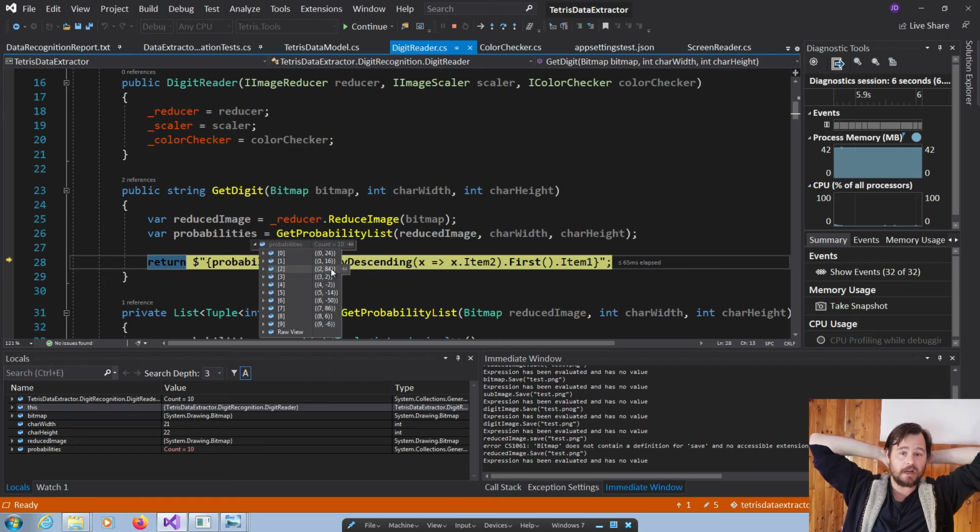Maybe 145 is the sweet spot. But the problem I'm seeing in multiple cases is that sometimes two numbers are almost the same probability. And I think when we have a near tie, like this one is pretty much a near tie,